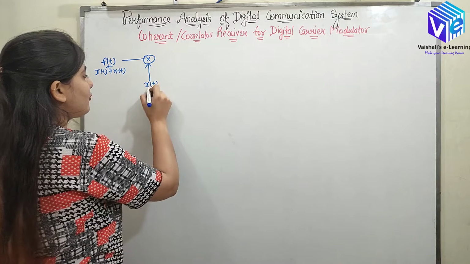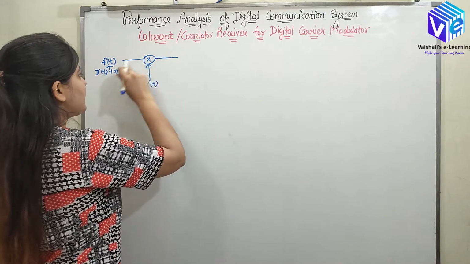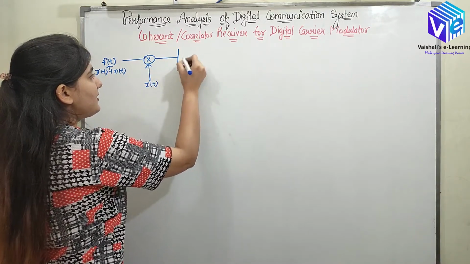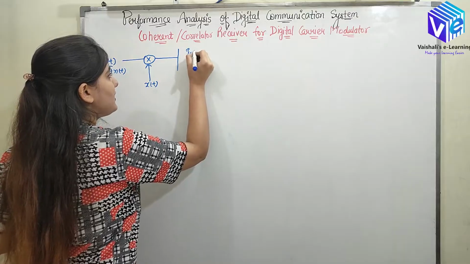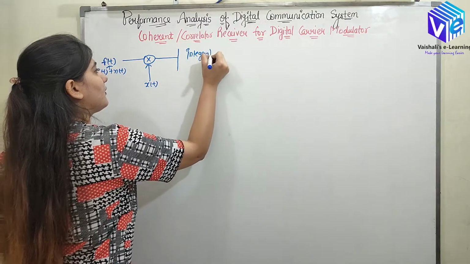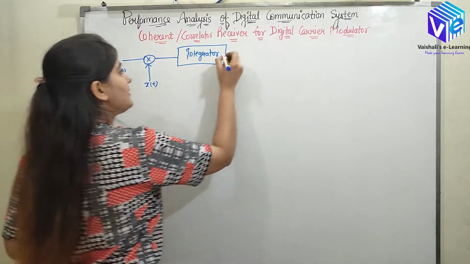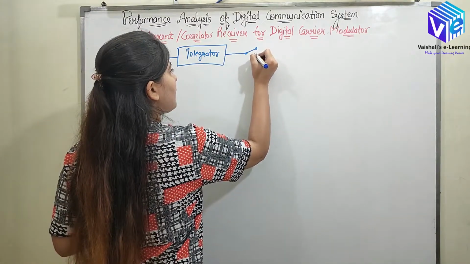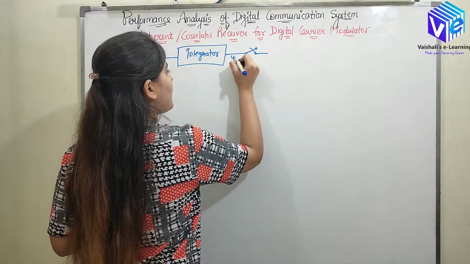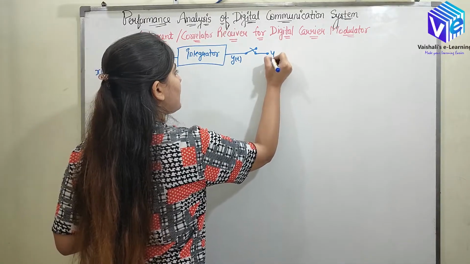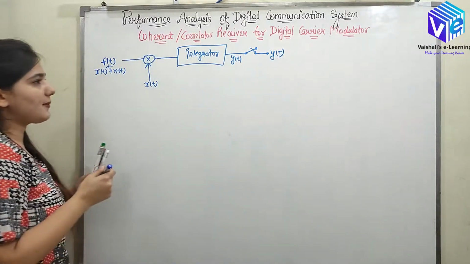Here also I have a locally generated x(t), which is multiplied with f(t), and it is passed through an integrator. After that it is passed to the sampler. I am denoting it with the help of a switch. So here I will get y(t) and here I will get y(T), which is